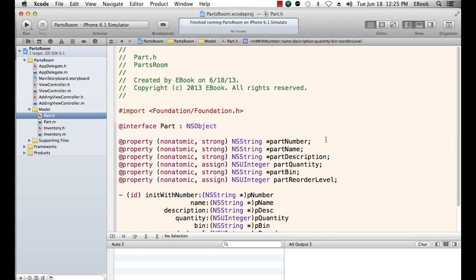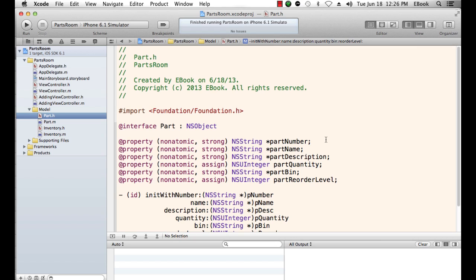So in this demo, we're going to start coding our parts room demonstration. And I've jumped into coding before I would advise you to do that. The reason I've done that is to point out some issues that can develop. So we have some problems already with our model and with our code. But let's just assume that we jump in, we're all excited, we've got a new project from our manager, and